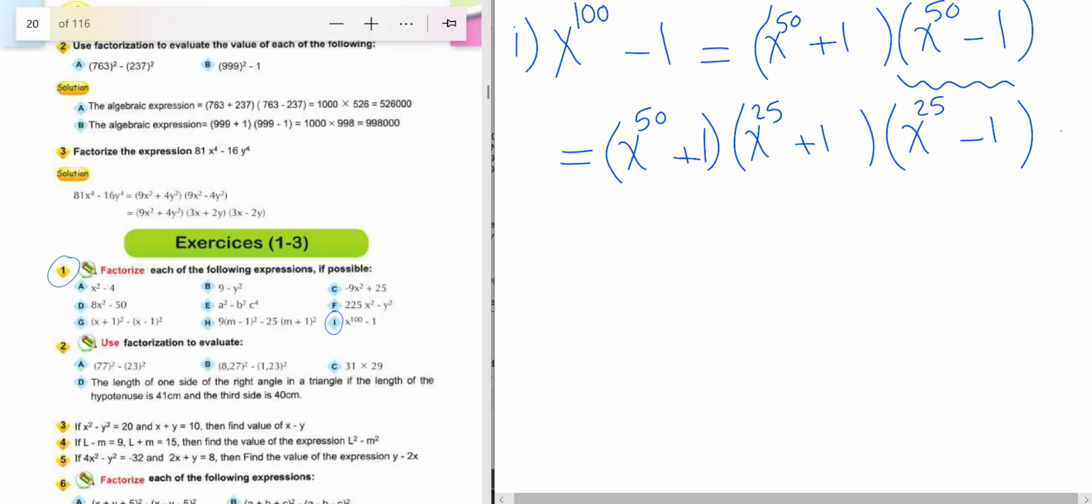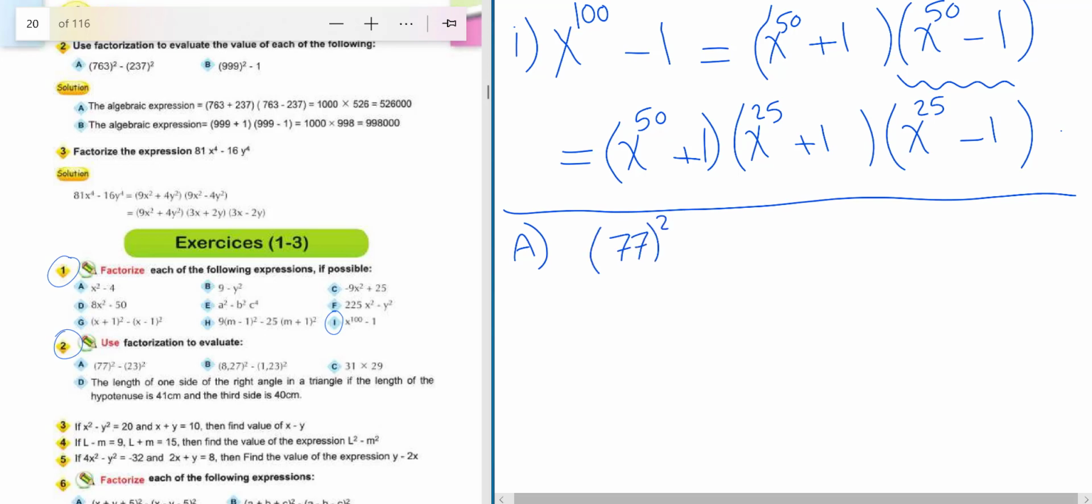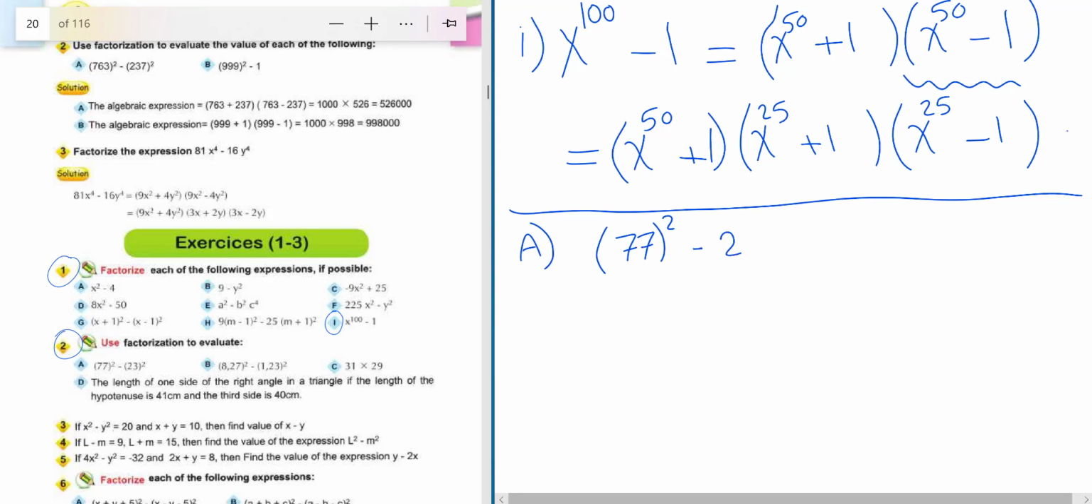Another example. Number 2, use factorization to evaluate. Number a, 77 power 2 minus 23 power 2 equals